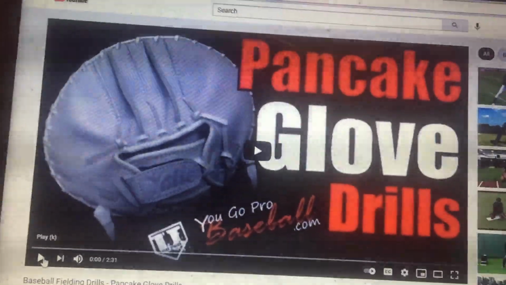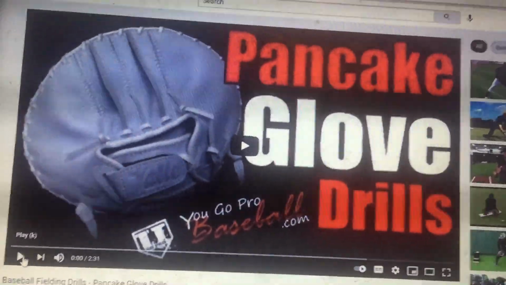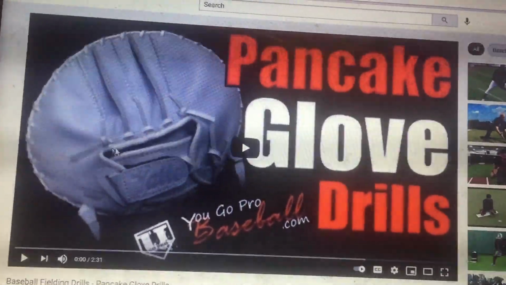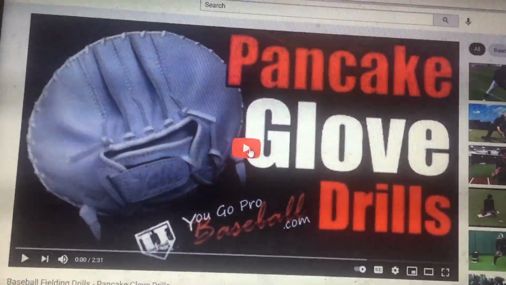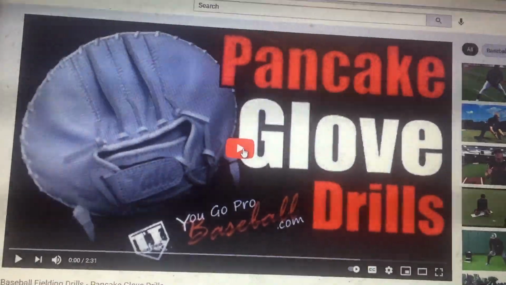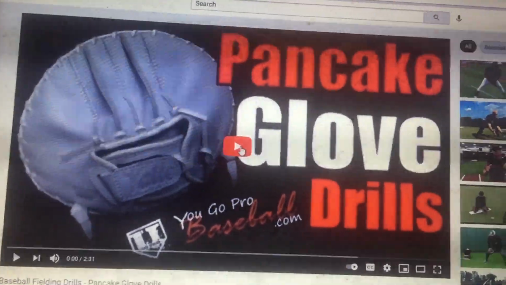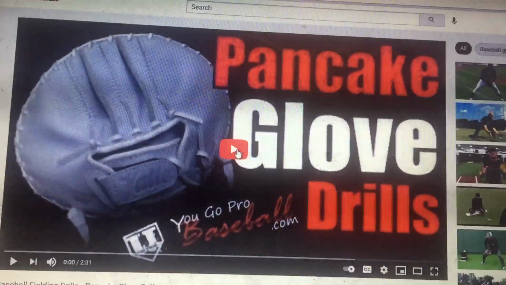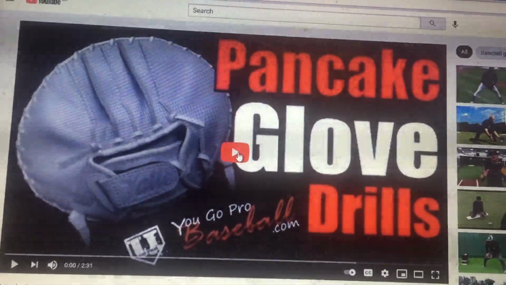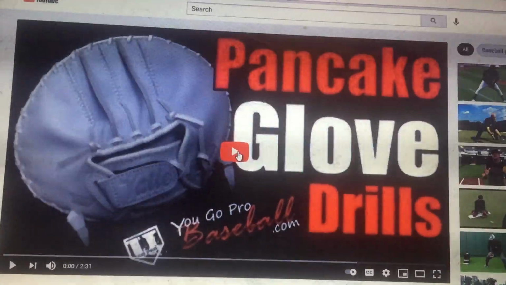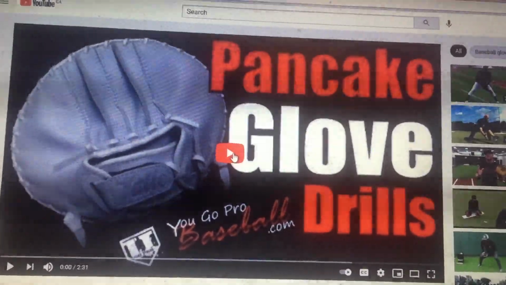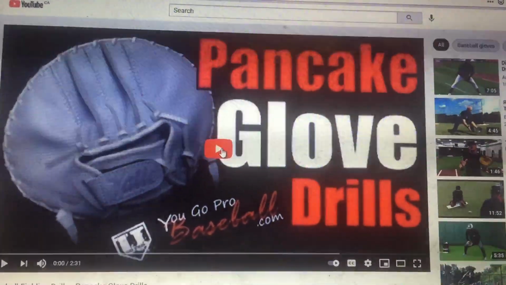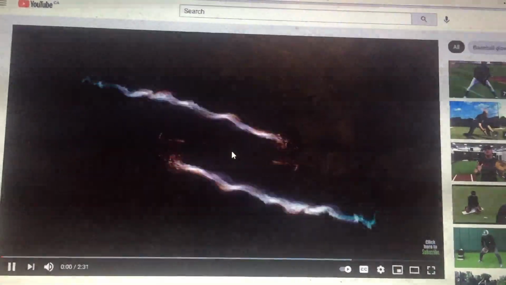So this is a flat glove that's different from a regular baseball mitt. It makes it more difficult to field the baseball, and by making it more difficult, it just provides overload to your nervous system and your brain, to enhance your ability to field a baseball. So you'll see the use of the pancake glove in this video.